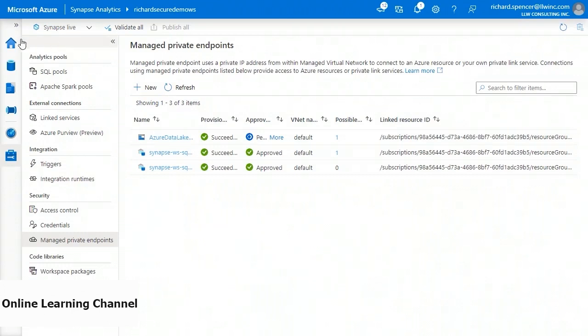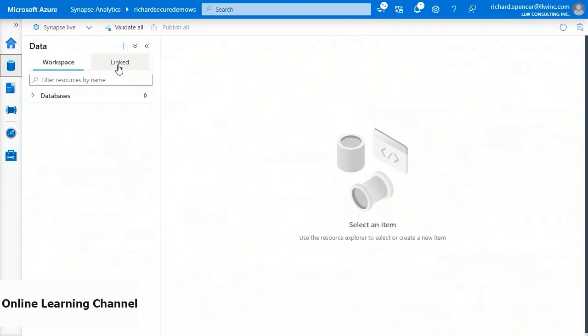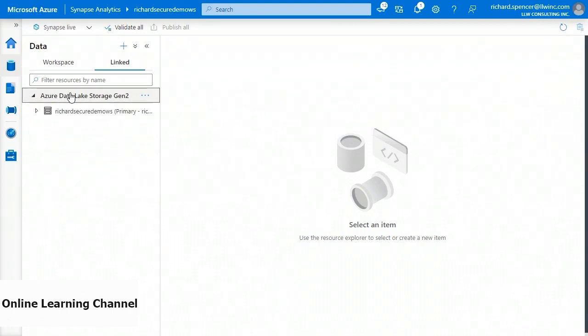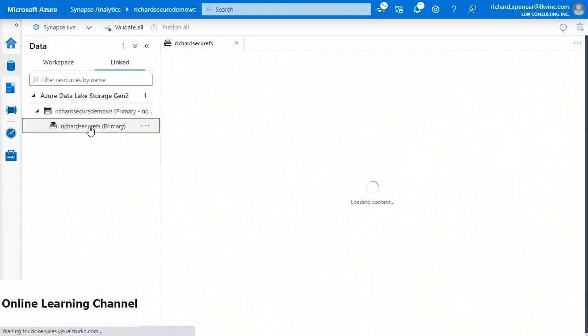Now we're going to come back to Home in our Synapse workspace. Here's where we can ingest data, explore and analyze, and visualize our data. Or I can come just down here to Data, and you'll see linked services. So if we click Link Service, we'll see the Azure Data Lake private endpoint that we just created. You'll see the secured demo workspace. Then you'll see the secure file storage. Once we click here and open it up,